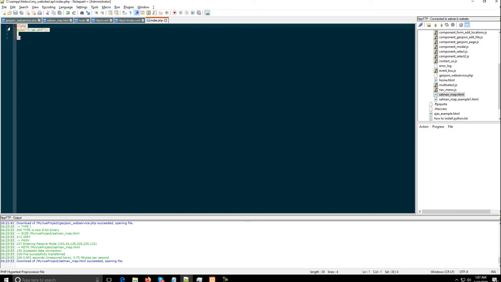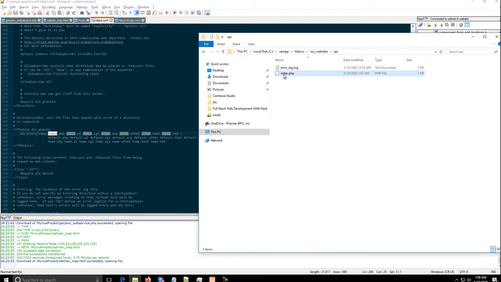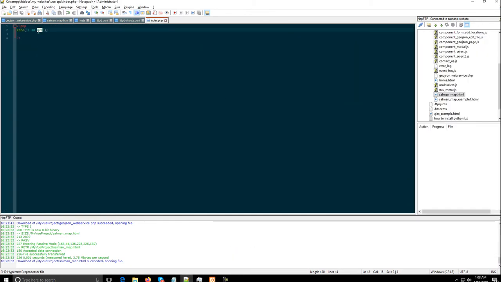I'm going to copy this. Oh, well, no need to copy. I'm going to copy the entire file. I'm going to copy this file. I'm going to drop it in this, and then I'm going to drop in this. I'm going to edit it, and this one is view SPA,